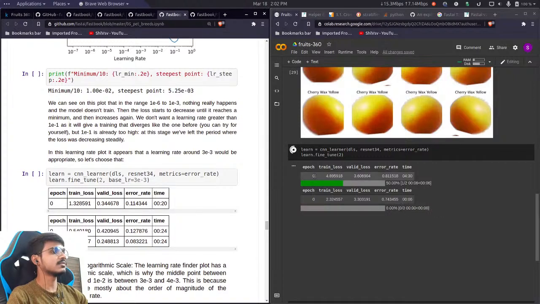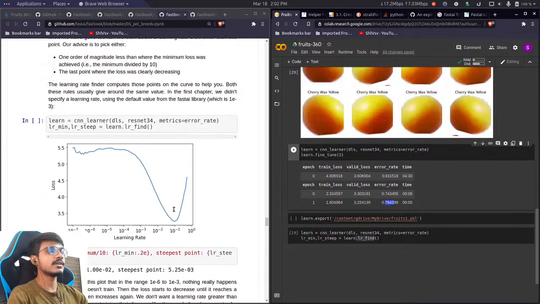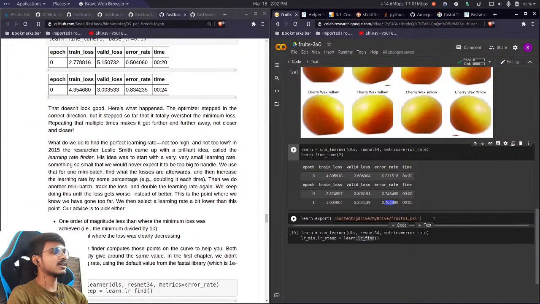It has done one epoch and two epochs and three. Oh, it was quick for the last two epochs. So we are down to 0.76. I don't think we need to save this. It's not good anyway. So let's try to use, well, what the hell, let's just save it